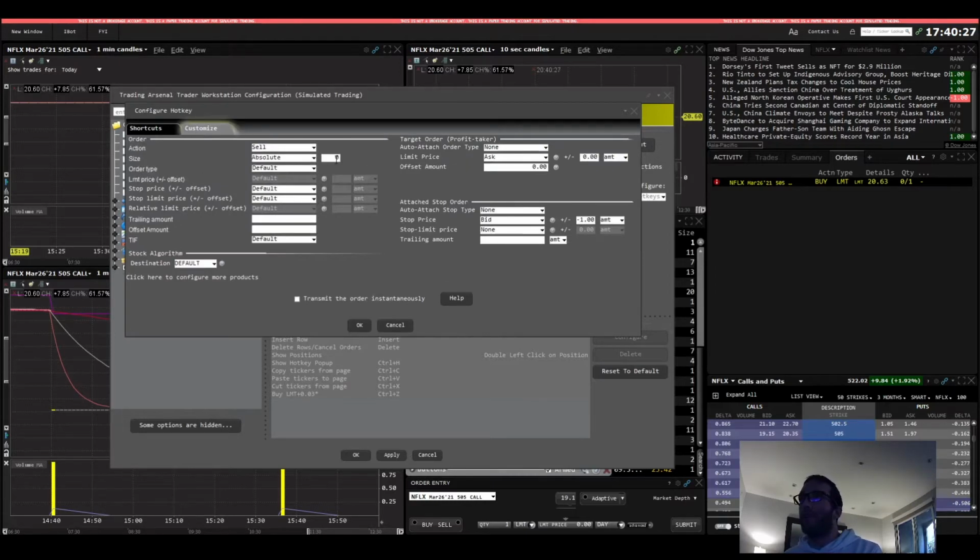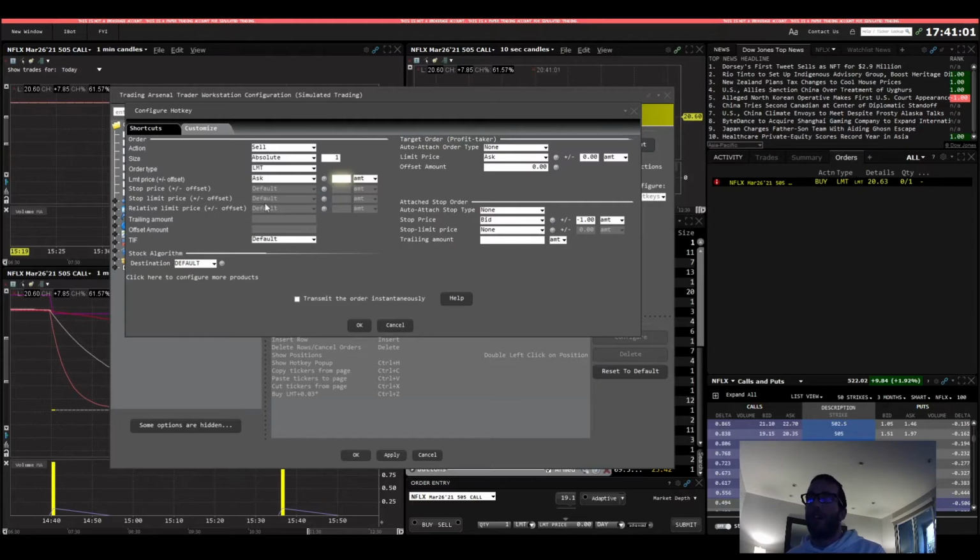Sell absolute 1, limit, ask. When I sell on the ask, I just keep it. I do have special keys where I sell like 10 cents above the ask or 30 cents above the ask, and I just throw orders out there. If the stock's squeezing and I think it has some legs, I want to throw an order out 10, 20, 30 cents above the ask, I'll throw that order out, but